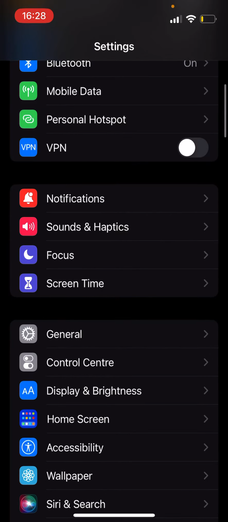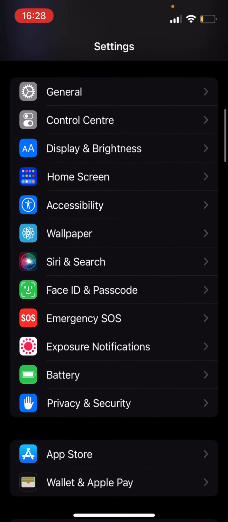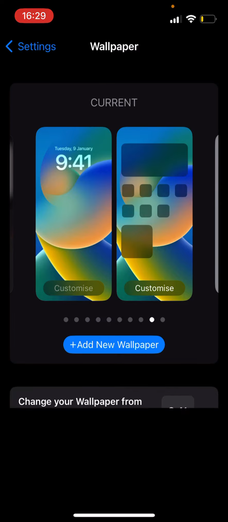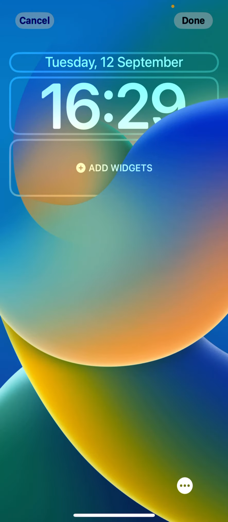So now you can just go back and scroll down to wallpaper under accessibility. So click on wallpaper and you see your current wallpaper and lock screen, and on the lock screen section, as you can see below, there is a customize button. So click on customize, you see your current lock screen, and under the hour there is the option to add